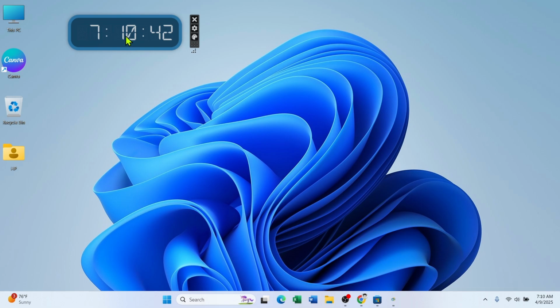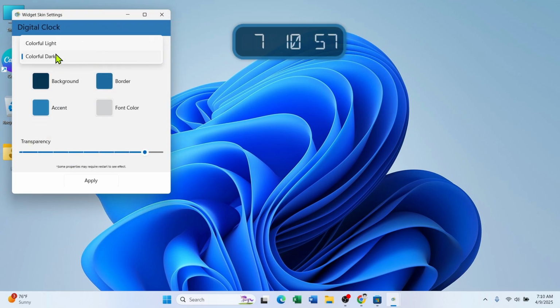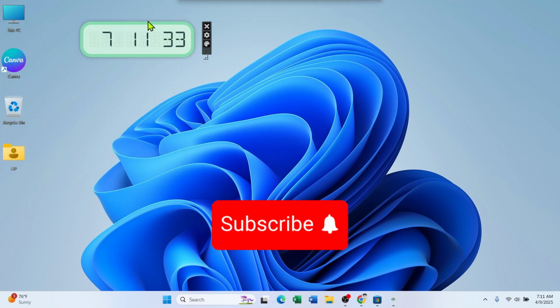If you want to change the clock widget color, just hover over the widget and then here you will see change skin. Click on that. Now you can change the skin color, change the color and then click on apply. In this way, you can add a clock widget on your